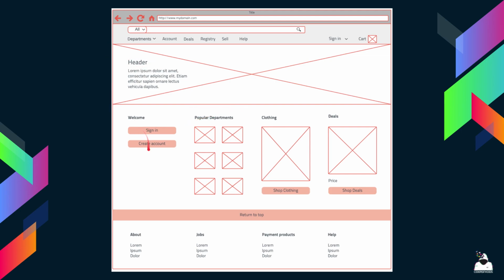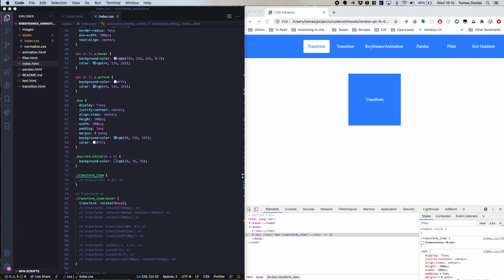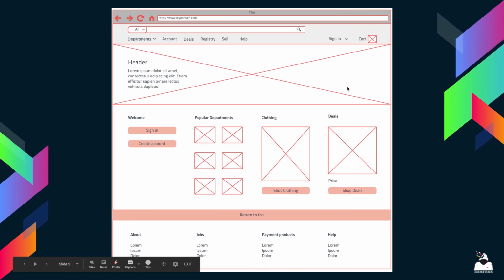So you see boxes, there are some buttons already. There is a list of something that you don't know what it is, but you know that there are basically 4 columns with some kind of content in them, and so on. Again, this might be going a little bit too far in a wireframe where you already have these little menus and stuff. But what usually happens is the way that designers work, they